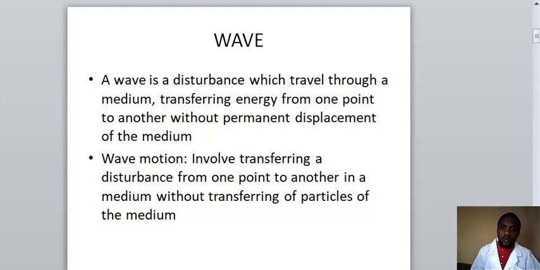A wave is a disturbance which travels through a medium, transferring energy from one point to another without permanent displacement of the medium. For instance, a very common example: when you throw a stone into a pool of water, you